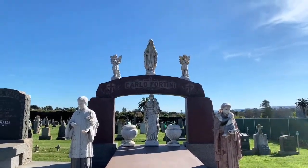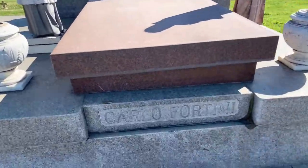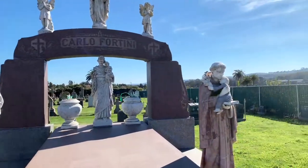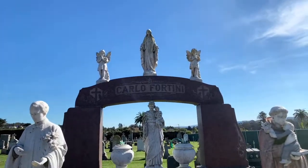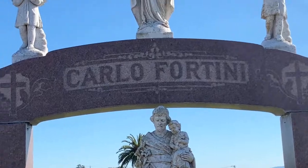Fortini is the name. Look at this. Wow, there's nothing really on this but the last name, and these awesome statues that are all around it. Oh, Carlo Fortini at the very top there. I don't know if you guys can see that, but